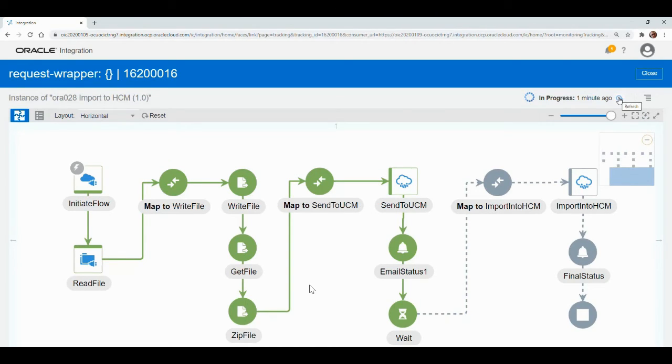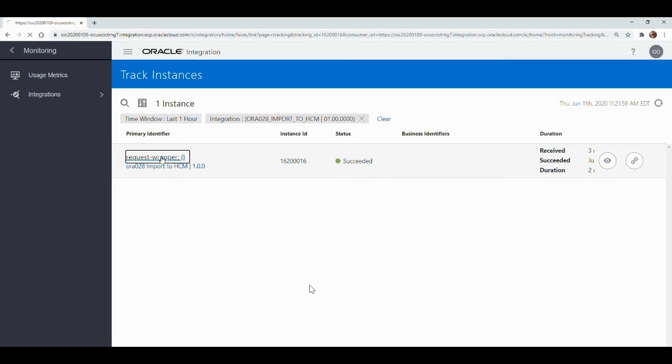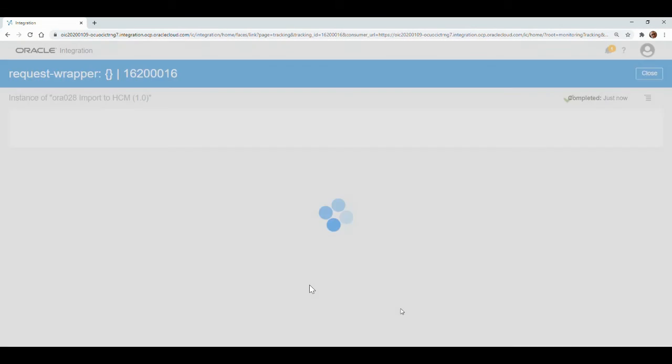We will give it just a little bit more time. Let me refresh that icon again. It's still in progress. By the way, if I close this page, notice it takes me back to my instance. And when I close it, it goes from the pending status, in progress status to the succeeded status. So I can guarantee if I click back into the request wrapper, it will take